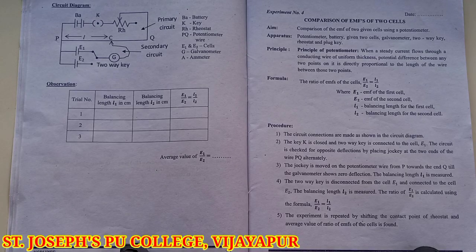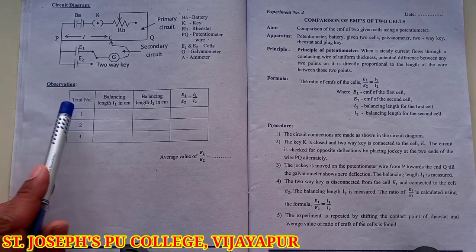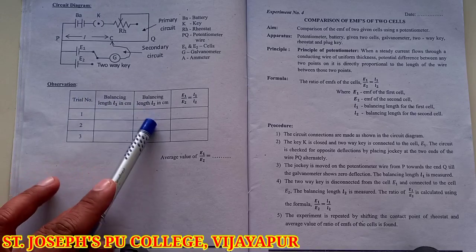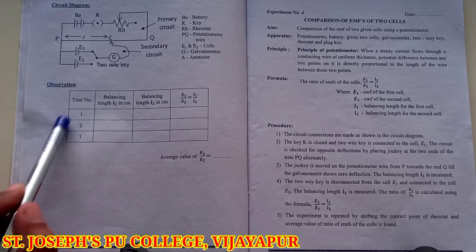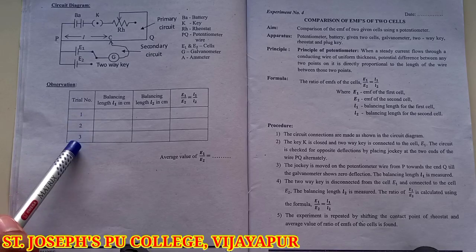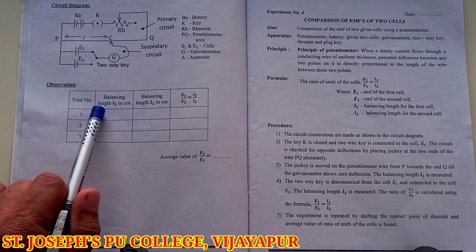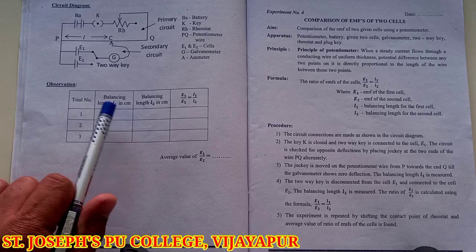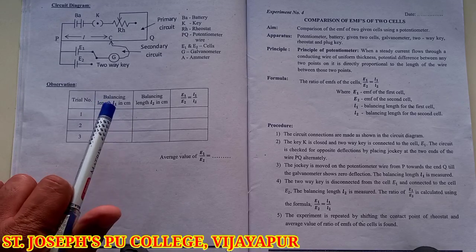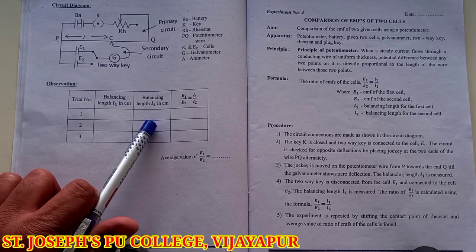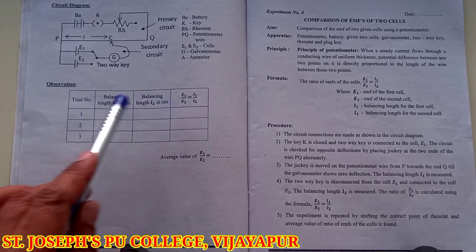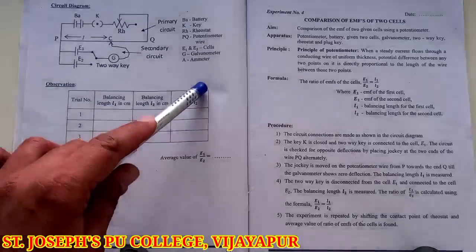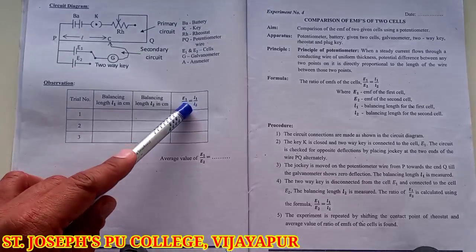Okay, now after that we have to plot the tabular column, observation or tabular column. Here minimum 1 or 2 trials we have to do. The balancing length L1 in centimeter, that means for cell 1. Balancing length L2 in centimeter, that is for cell 2. Next we have to take the ratio of L1 and L2, then we will get the ratio of EMF, E1